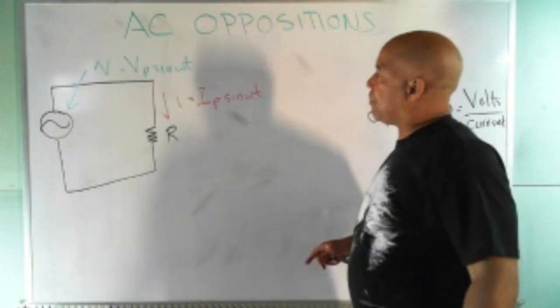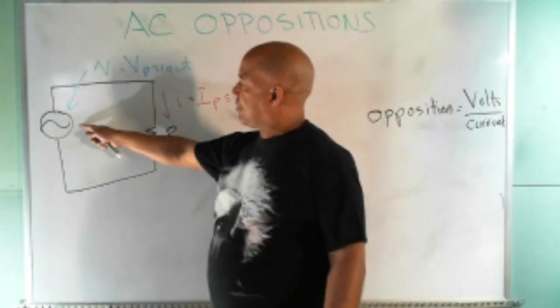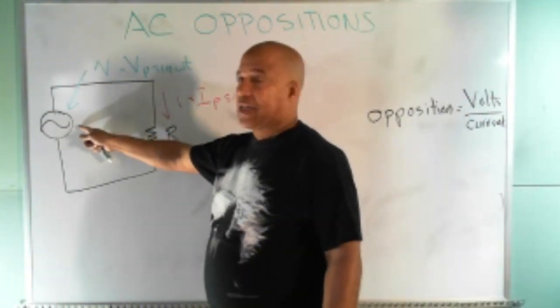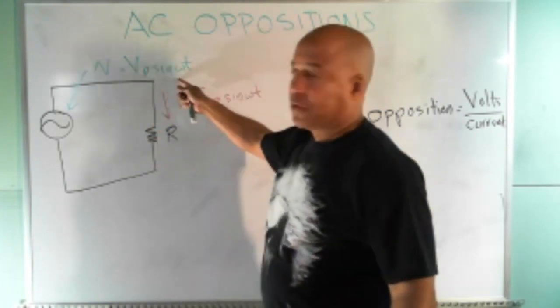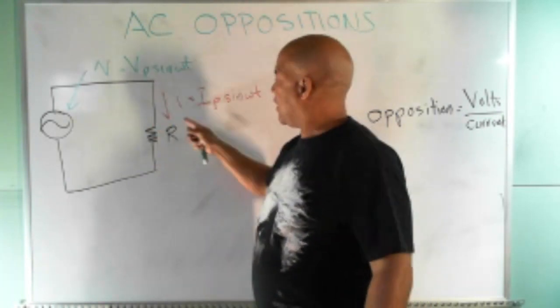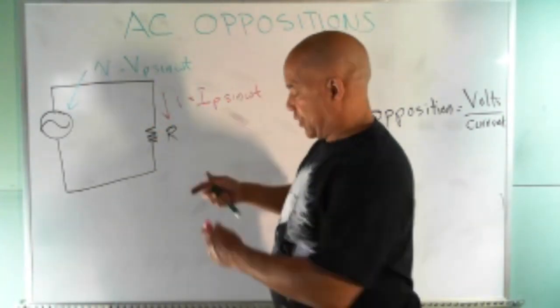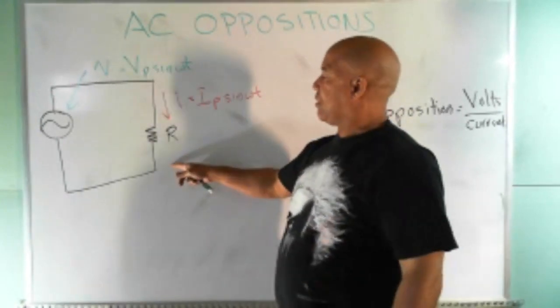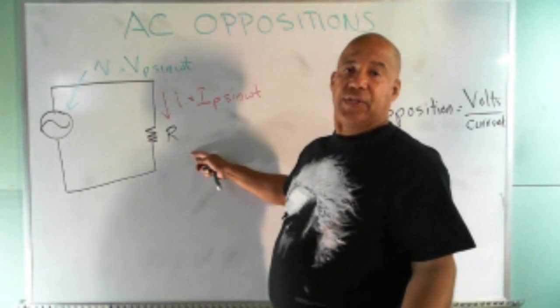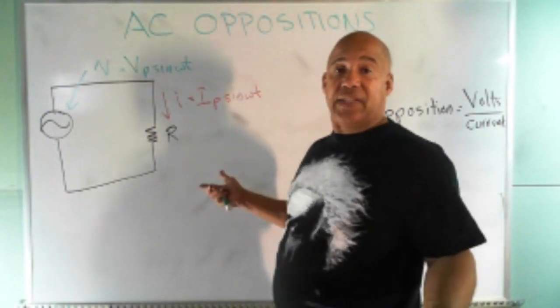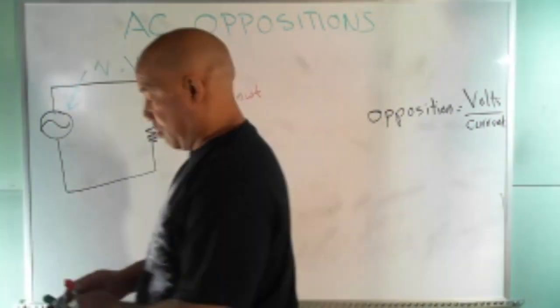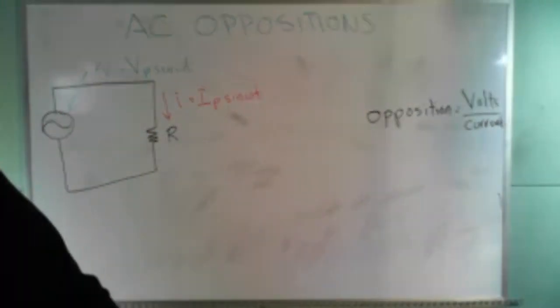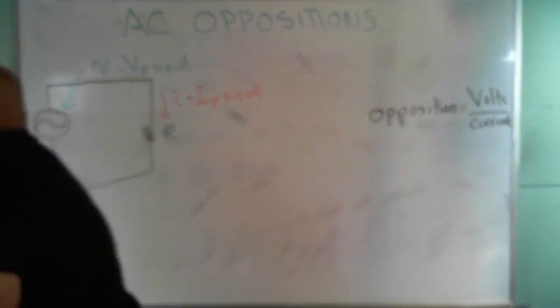So if I have this voltage waveform, this generator giving me this voltage waveform, producing this current, that's a script I, by the way, producing that current flowing through this resistor, if I want to calculate the value of the resistor, just like in DC, I use Ohm's law. So what would that look like? If I want to calculate it,